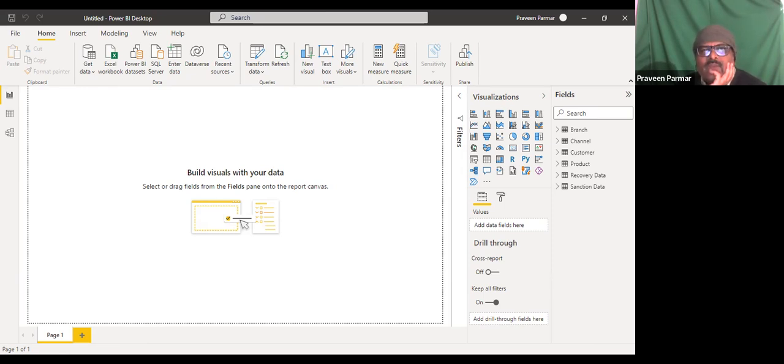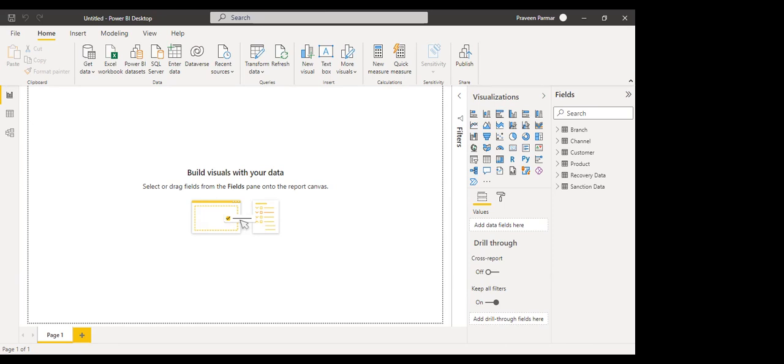So these two types of data connectivity we have, the import and the direct query. Unless required, it is recommended to use import and then schedule regular refresh using Power BI gateway. So we could schedule the regular refresh, like after 6 hours it should be refreshed, after 1 hour it should be refreshed. Got it? Understand? It would be better than direct query.